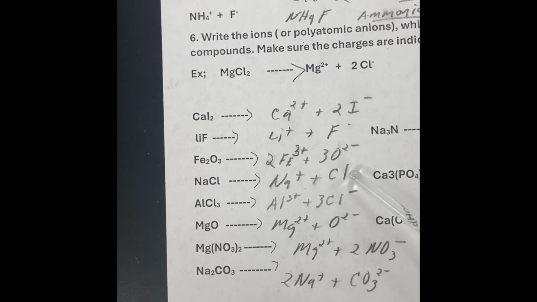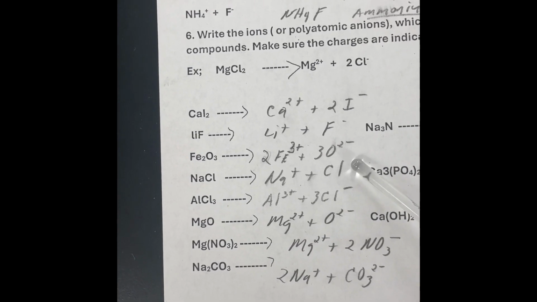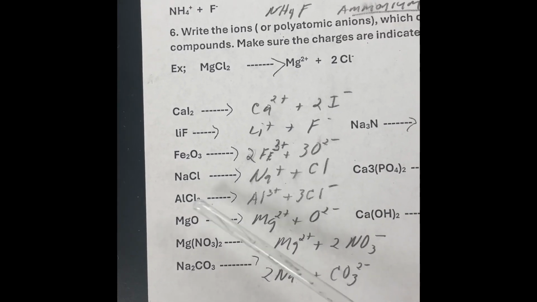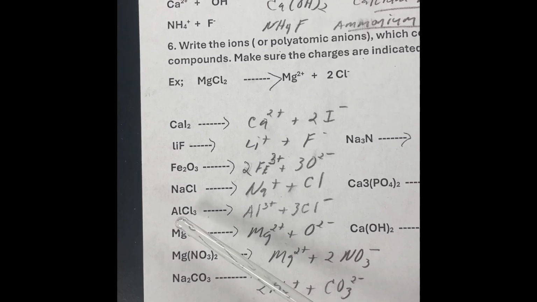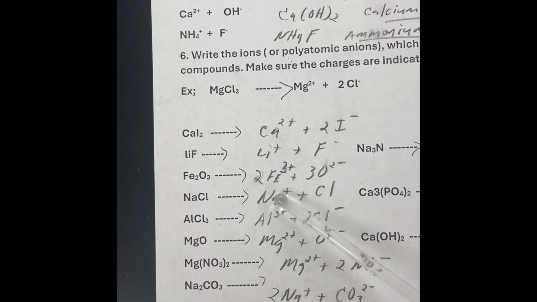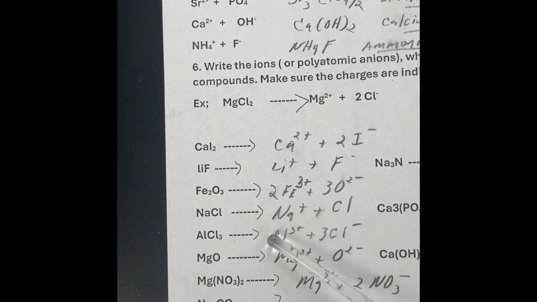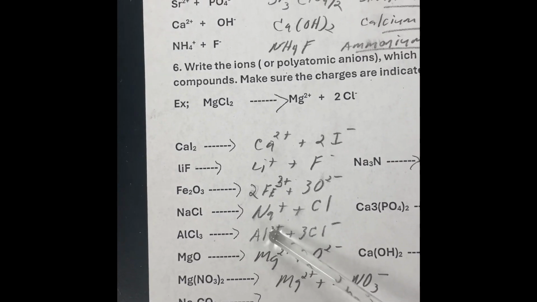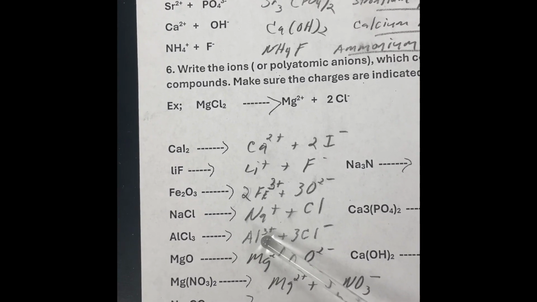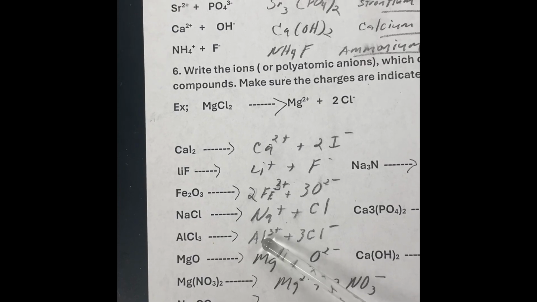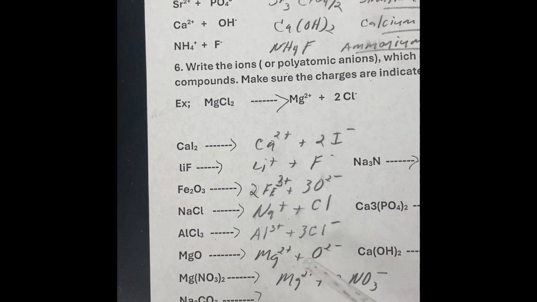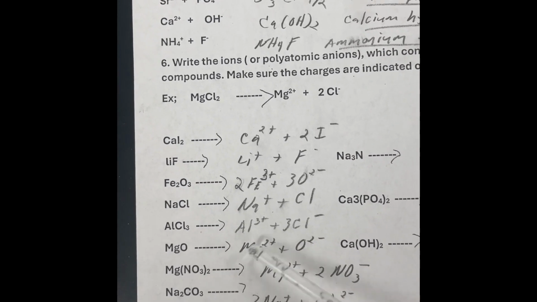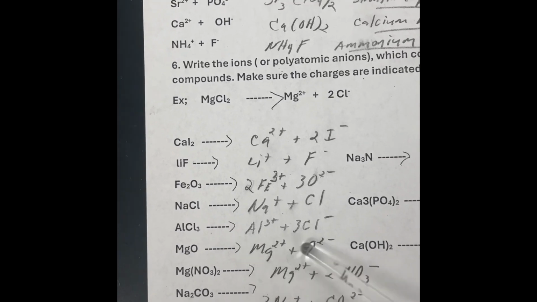Here's sodium chloride. Oopsie daisies, my bad, left off the negative, that should be there. Here is aluminum chloride. Ionizes, we did this in class today, into a tripositive ion. By the way, that has 3 valence electrons, so it gives 3 electrons away, forming a tripositive. 3 chloride ions. There's our magnesium oxide. Those are the 2 ions.